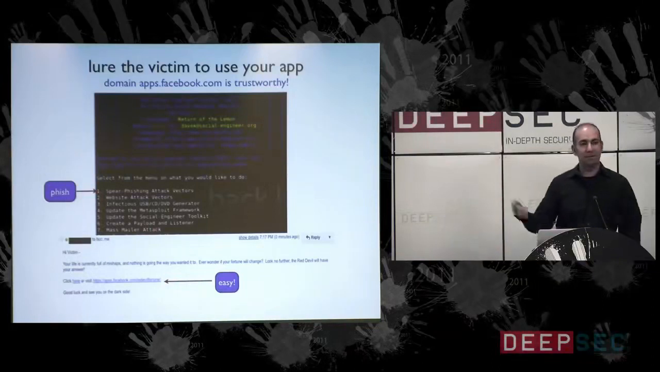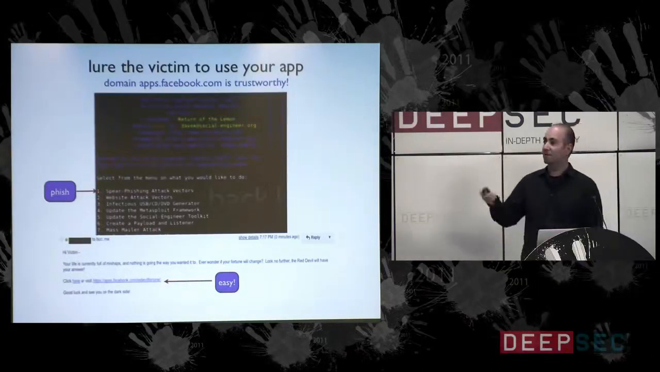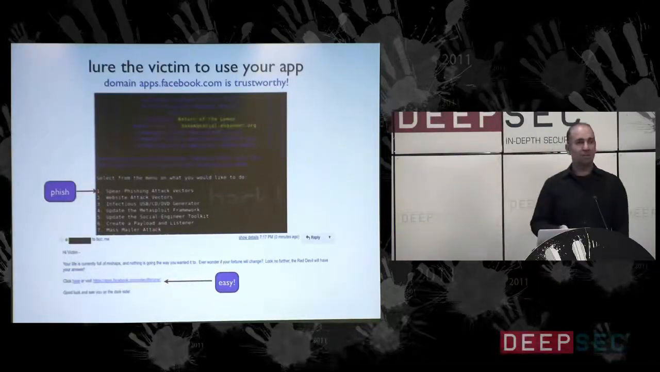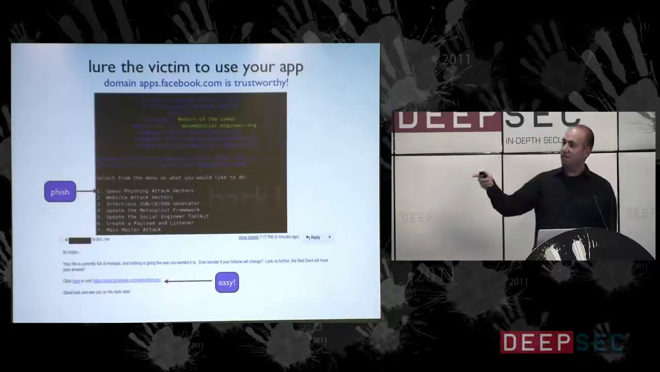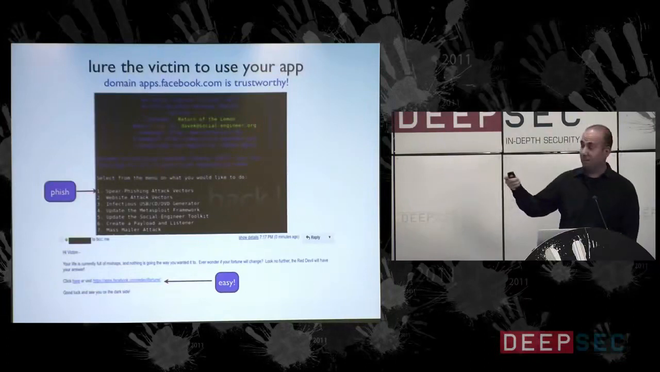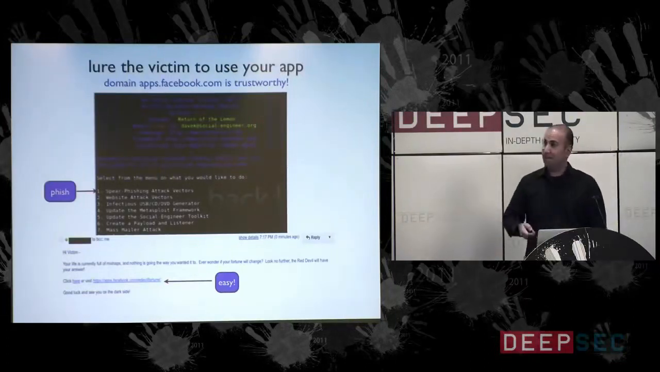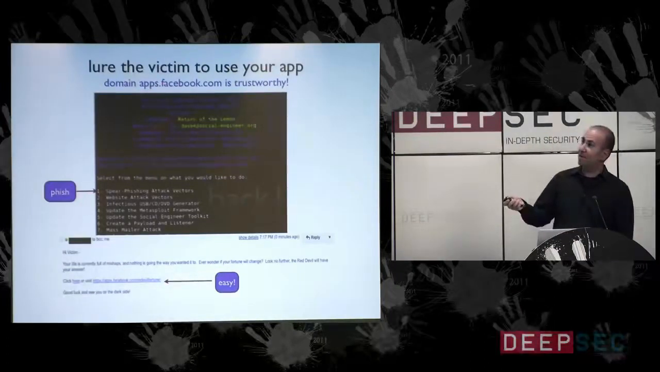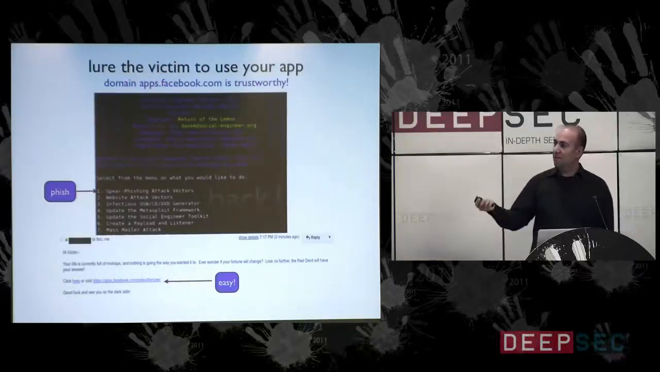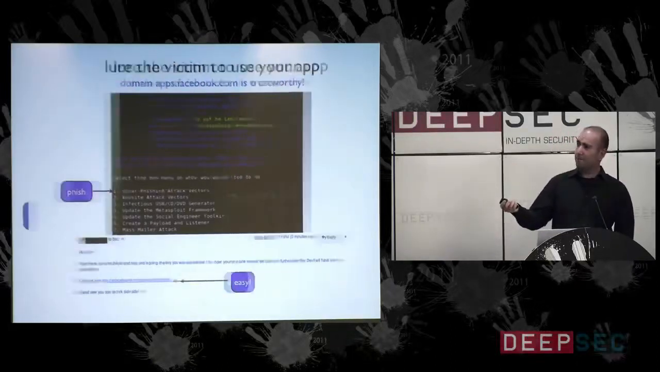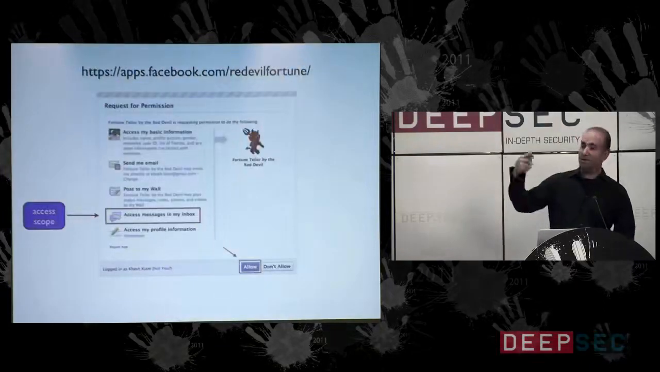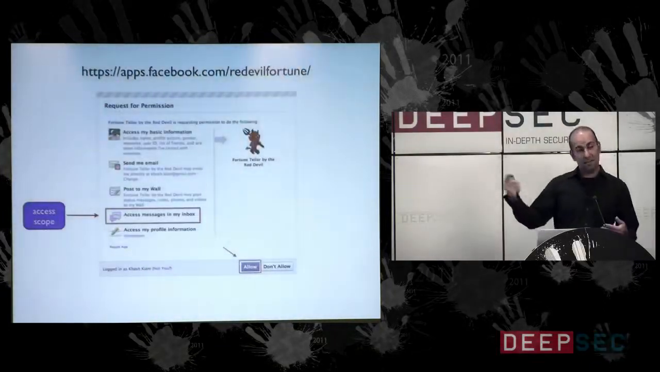So in this case, instead of targeting the user manually, we use the Social Engineering Toolkit, which is part of the Metasploit framework, to launch a typical phishing attack. We send a link to the user of our app, which is Red Devil Fortune. It's a fortune-telling application that tells people's fortunes, and it's hosted on a proper domain, apps.facebook.com. We launch this towards our target, and once they open up the application and click on the link,